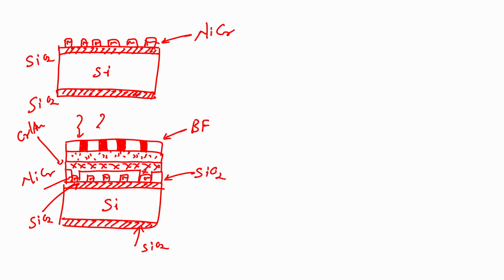After this UV exposure, we have to develop the wafer. When you develop the wafer, what will happen? The photoresist which was not exposed is stronger. The photoresist is this area,